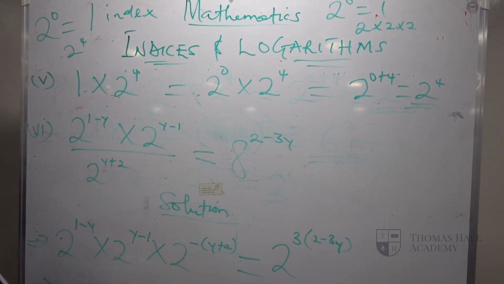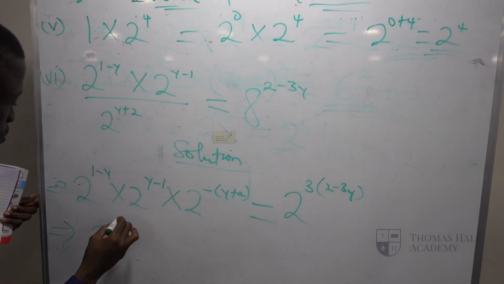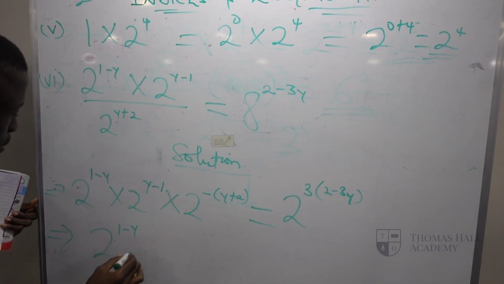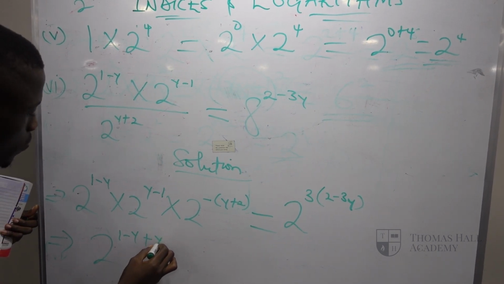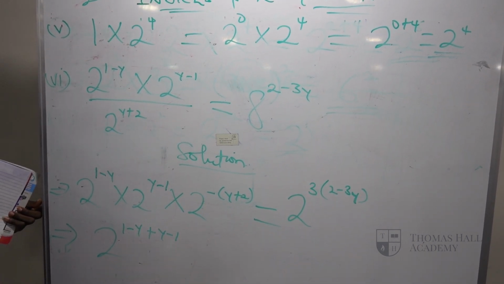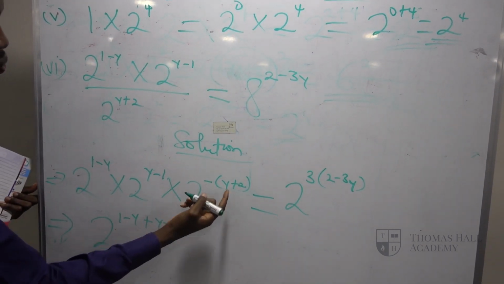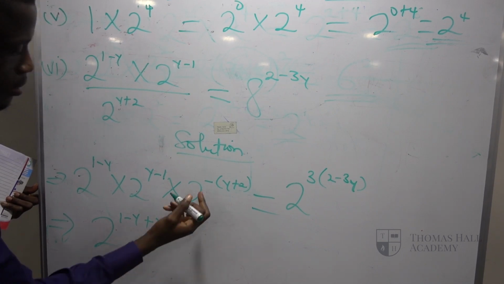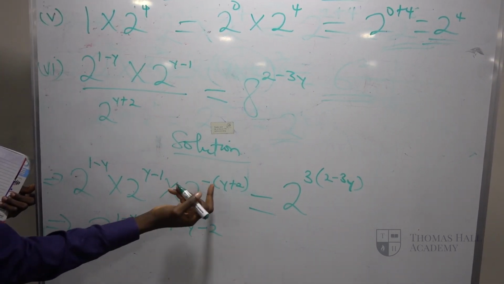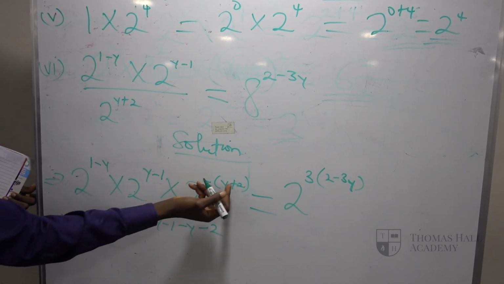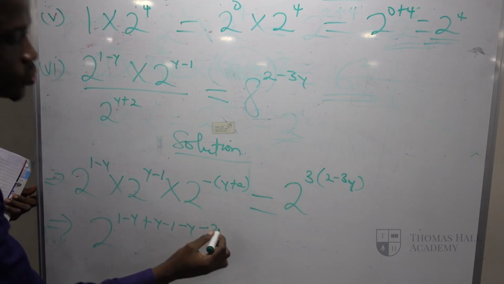These bases are the same. Now, let's figure it out. 2 raised to the power 1 minus y plus y minus 1. Now, let's break this down. Minus times y will give us minus y. Minus times plus 2 will give us minus 2, because minus times plus will give us minus. Then we have our 2. Equals to